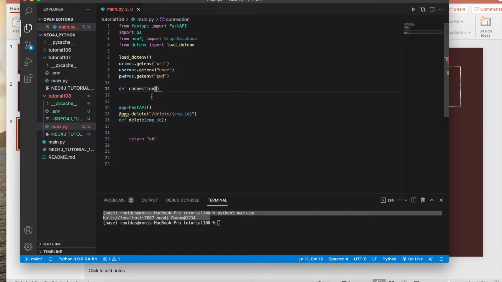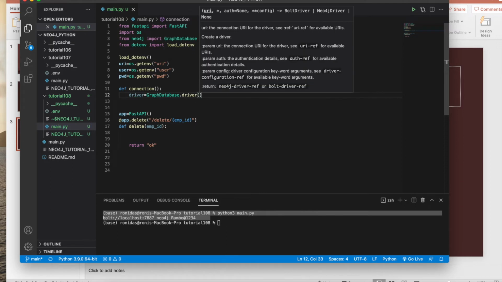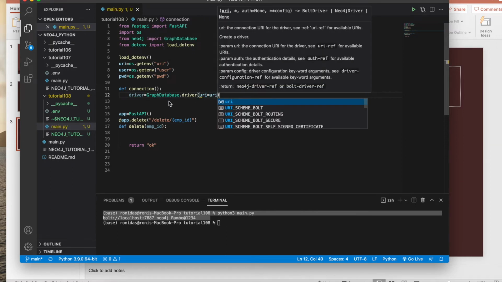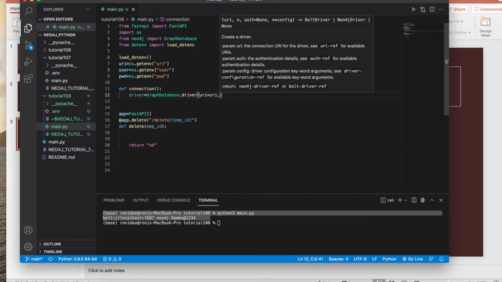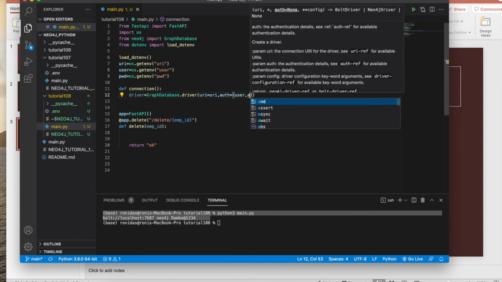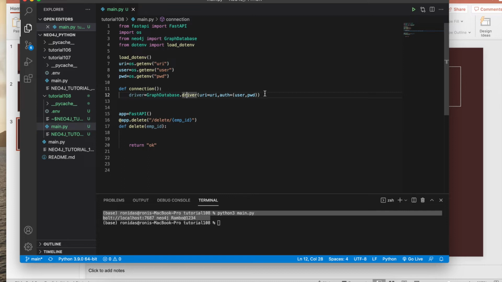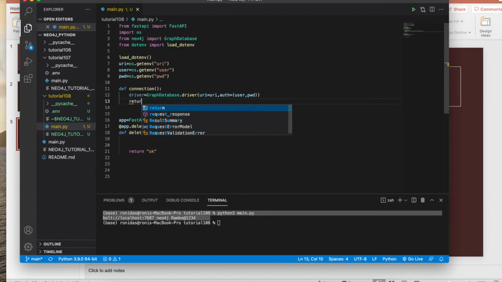Connection. Okay, so it should be driver equals to GraphDatabase.driver. The same thing whatever we did in the last tutorial. So URI is going to be URI. Then auth is going to be user, and then password. Okay, then maybe I can return this thing, return driver. Okay,